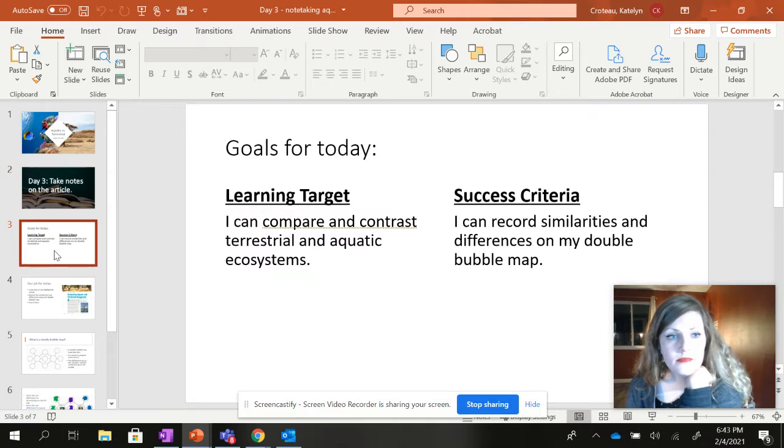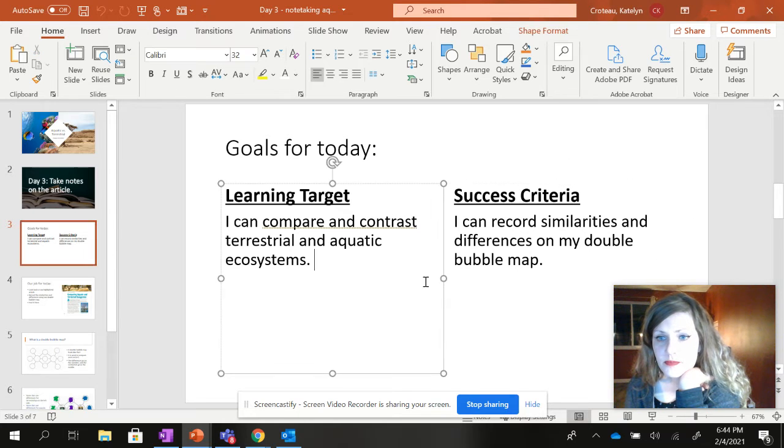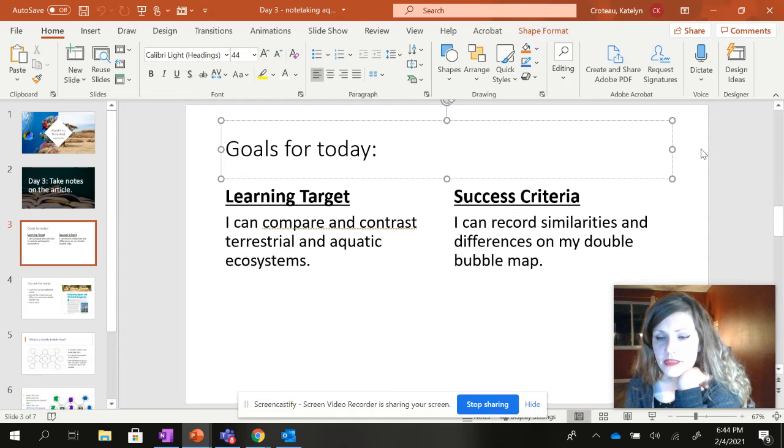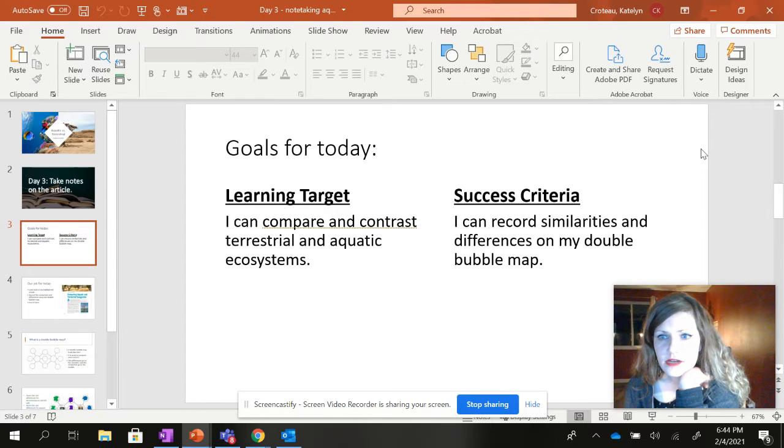Now, your job today is to use your double bubble note taker and the article that you read and highlighted with your group to basically do a compare and contrast chart. Okay, so your job is to record any similarities and differences on that double bubble map. I will be looking at this sort of as a grade. I say sort of because it's not a test per se, but I am going to look at it and